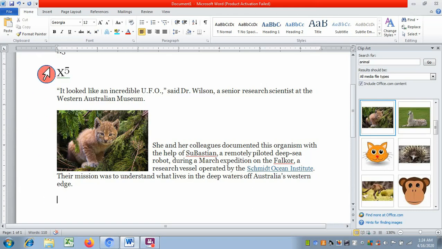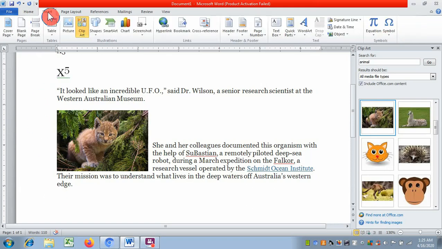How to insert the object? Go to insert and you can see over here, object. Insert object. See clearly. Click over here and select the object.